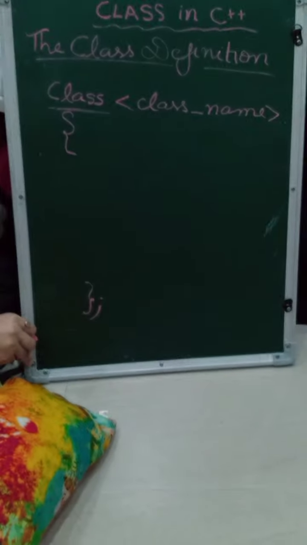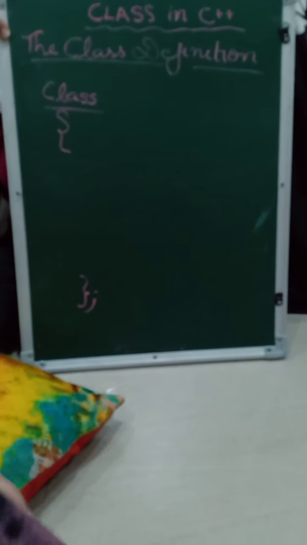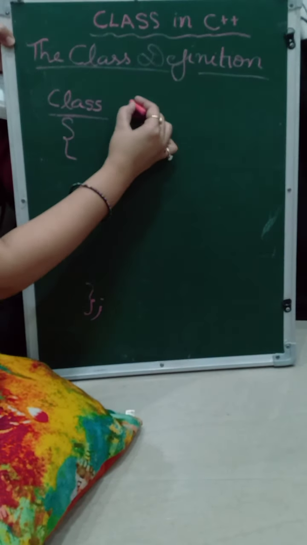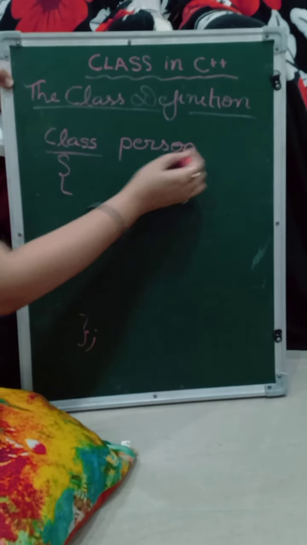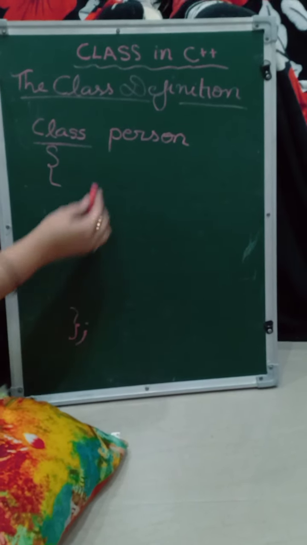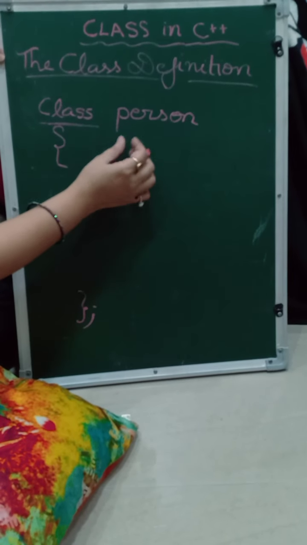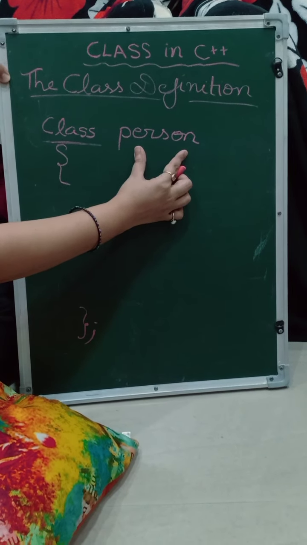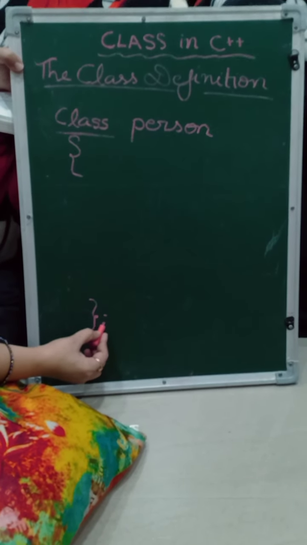So this is the syntax of class. So what we do, I am erasing it, and now if I am saying create a class of person, you have to write class, then you have to write person. So this is the class of person. So what is the name of the class? Class name is person, because we are writing it in the place of class name. So use the keyword class and write down the class name, then use the opening and closing braces and use a semicolon to terminate this.